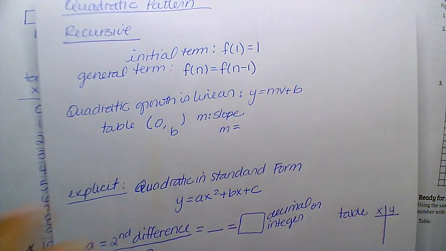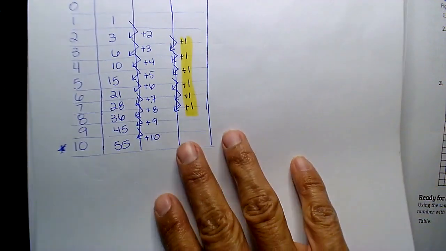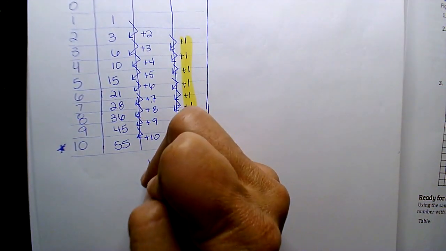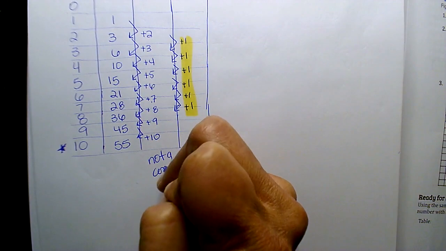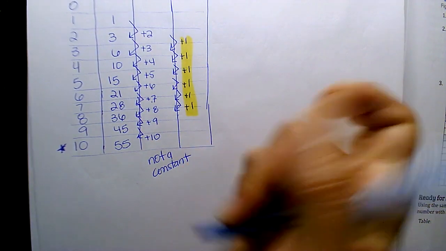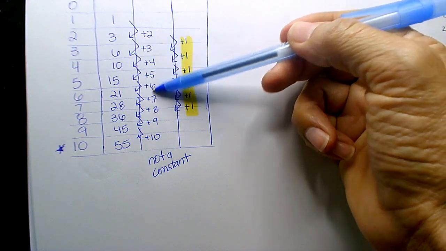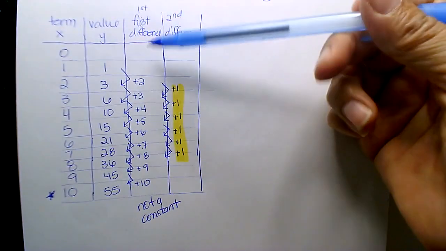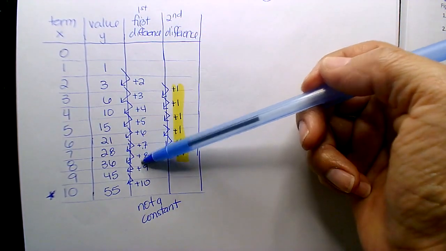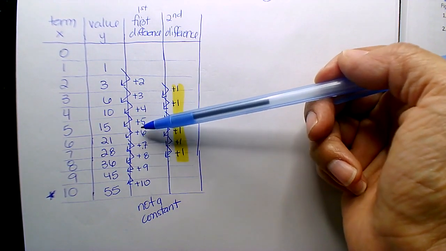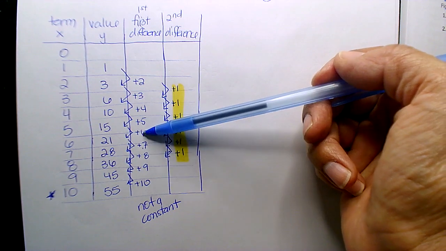It's not like the linear and the exponential, which is just times 5 plus 2. Because remember, your table does not have a constant first difference. Because this first difference is not a constant,